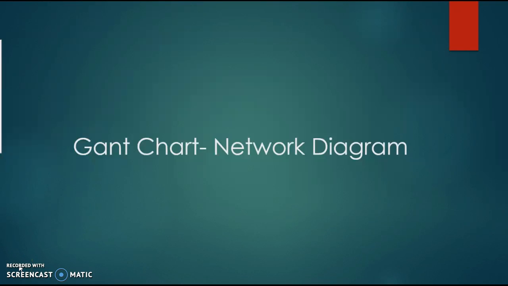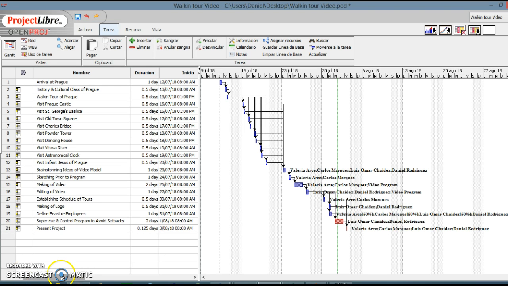Okay, so for the Gantt chart for our company, which is a walking tour company for the city of Prague, where we create a video model of the most important sightseeings of the city. Here we have several activities that we need for our project to be done. We have 21 activities,